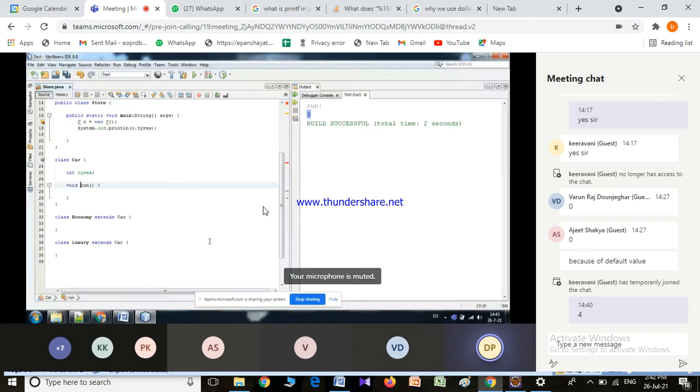Void I have given. So here in the base class I have created a method run and I am writing this out run.